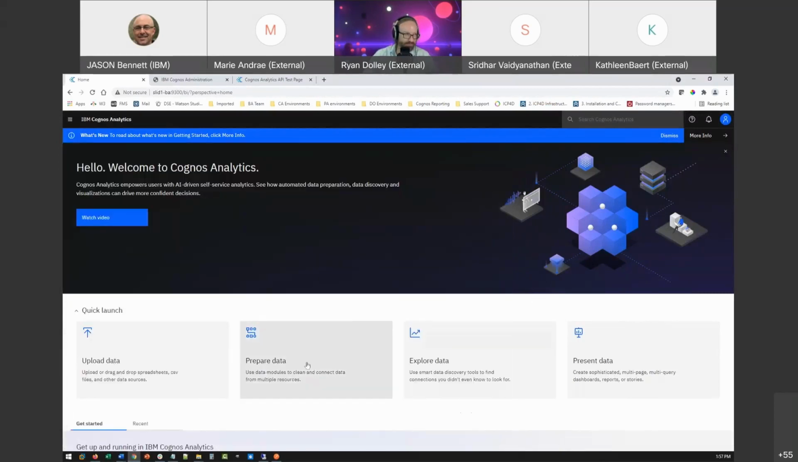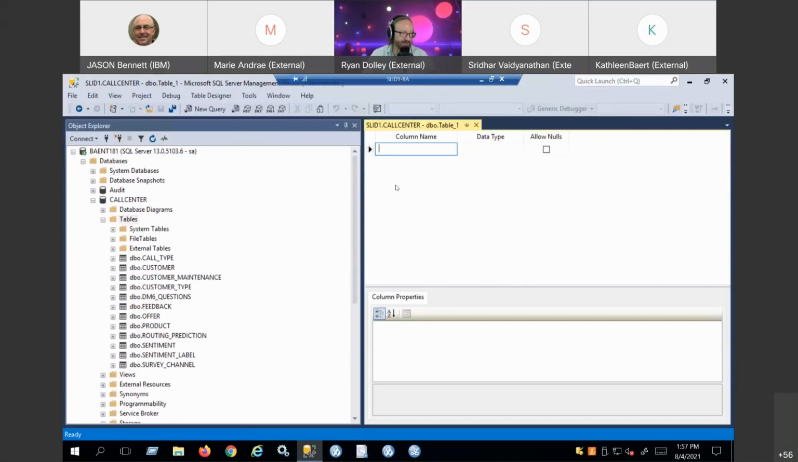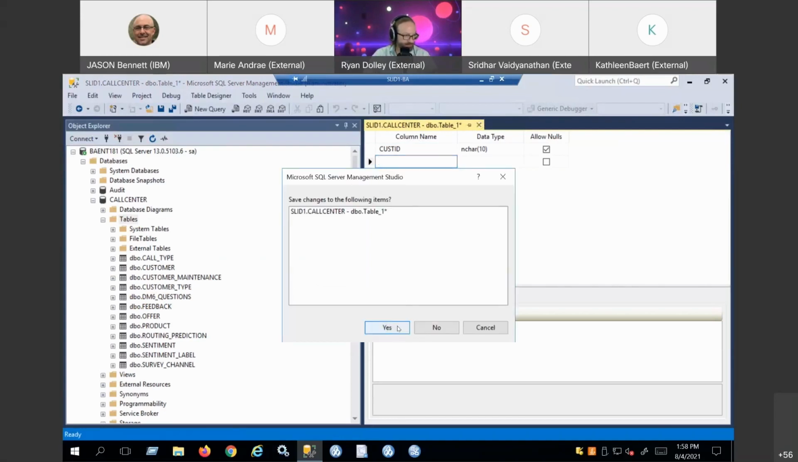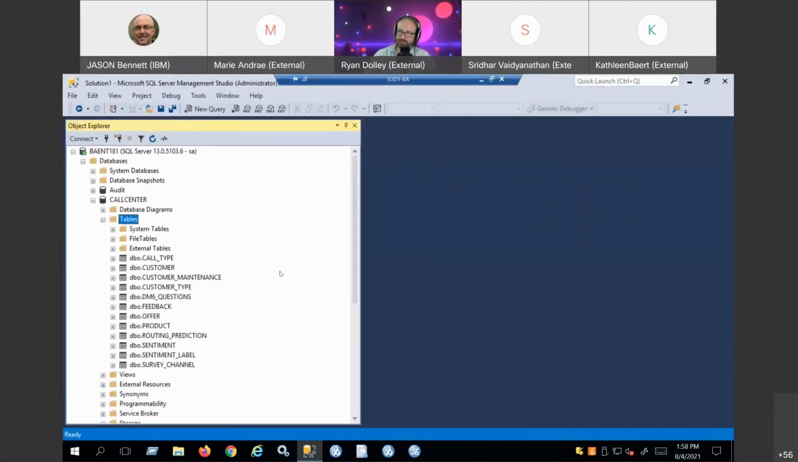Now, in the example that I mentioned before, what if I want to add a table and I want Cognos Analytics, or I want this REST-based process, to pick it up? So I'm just going to go into SQL Server. I know it probably should be DB2, but it's not DB2 today, it's SQL Server. And I'm going to create a new table. We'll just call this field cust ID, save it as demo table. All right, now this table has been added to the schema,